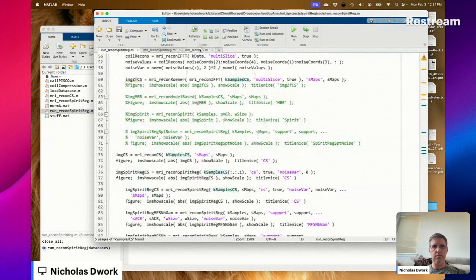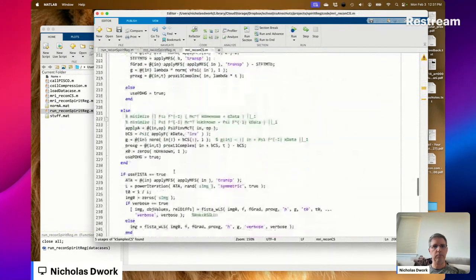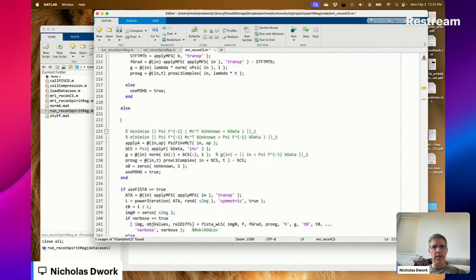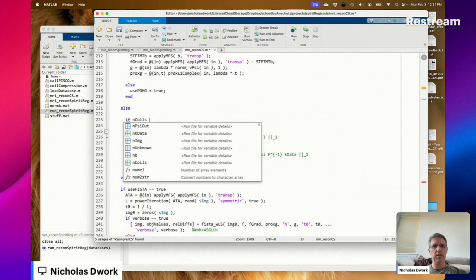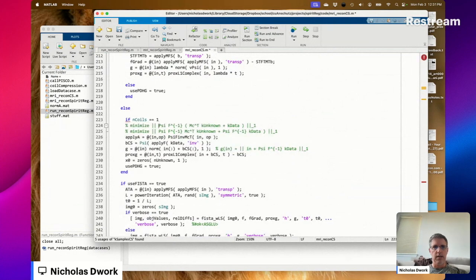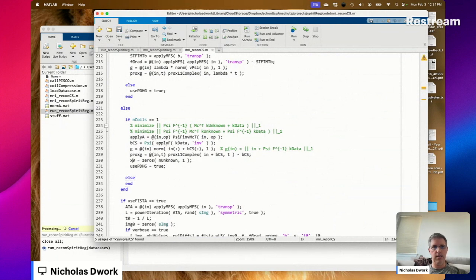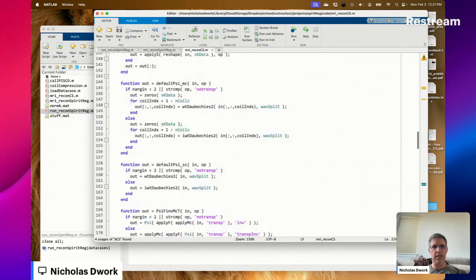We're not going to supply lambda. And we're not going to supply sensitivity maps. So this is if n coils is equal to 1, then do this. Else end. Okay, so then the problem we're going to minimize is